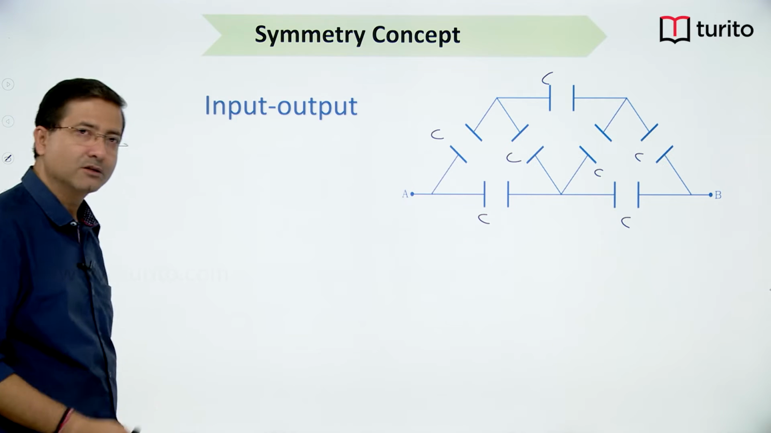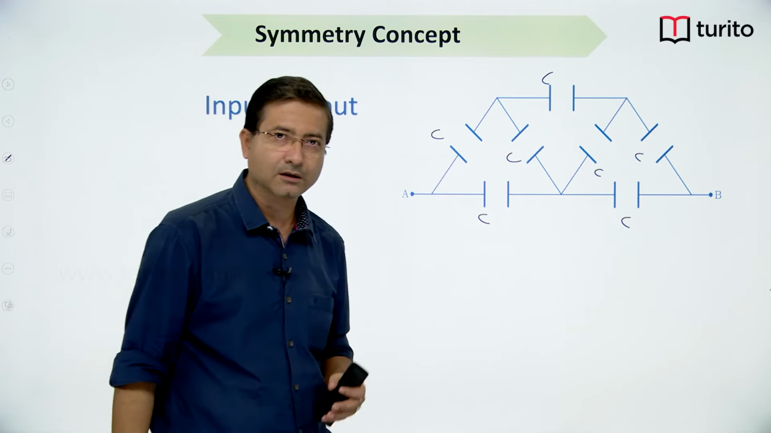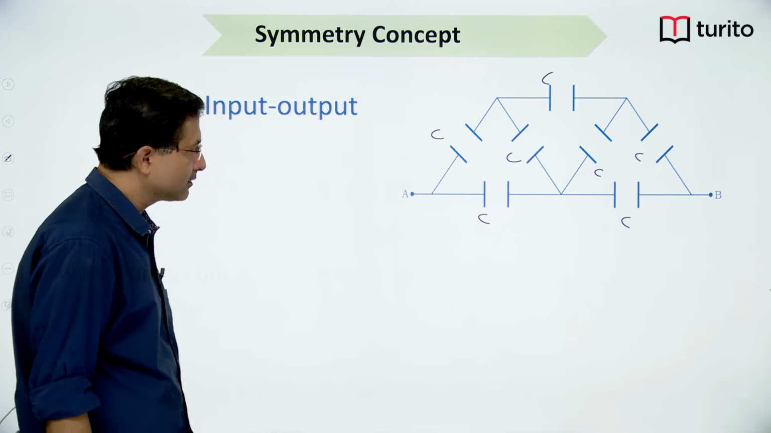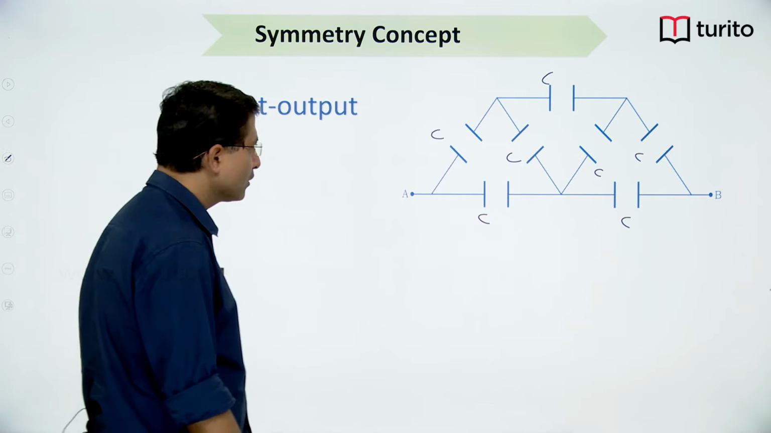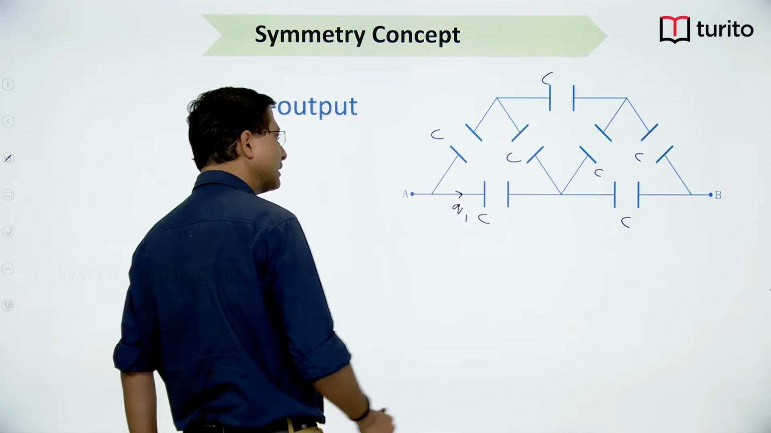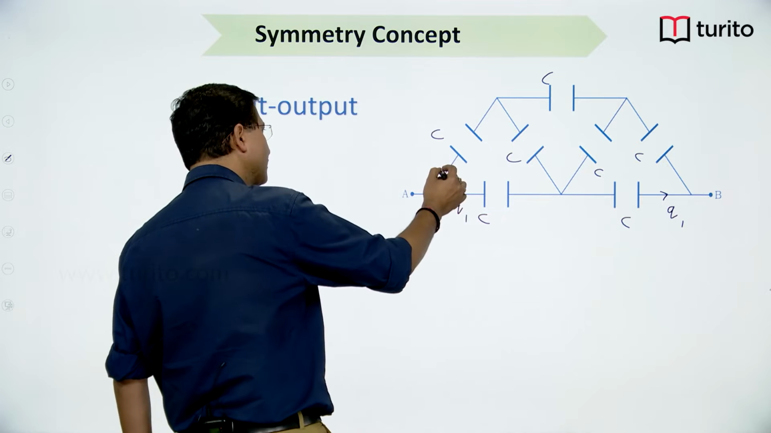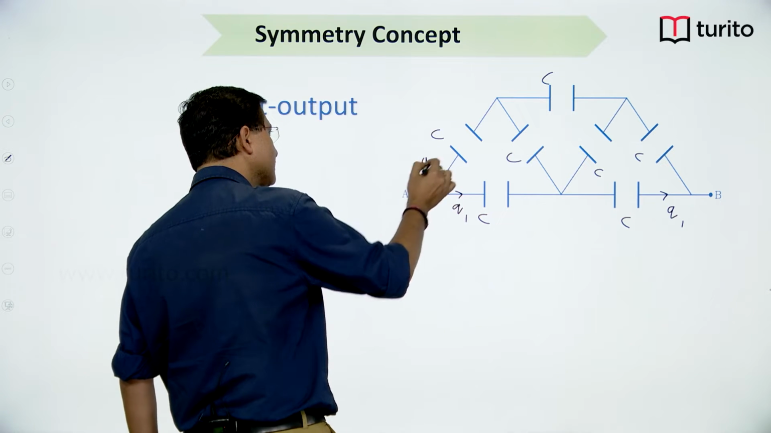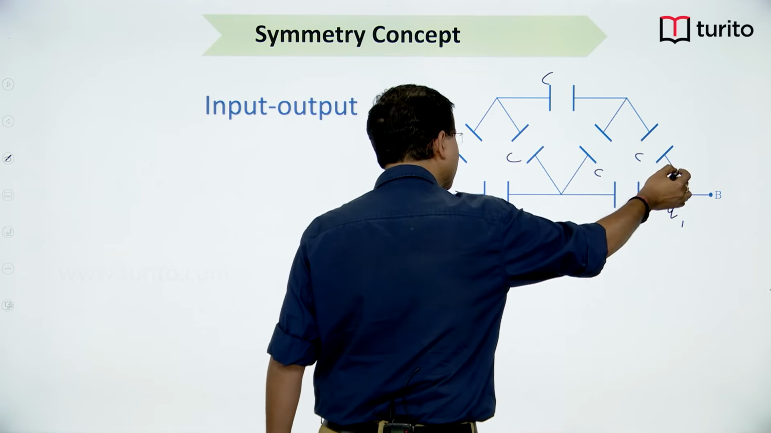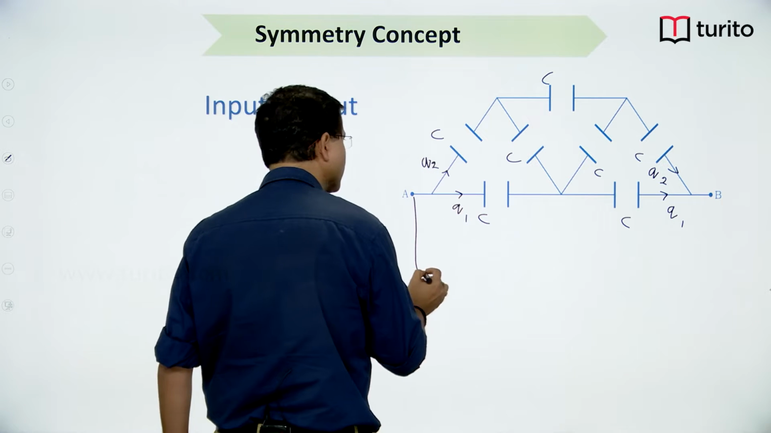So this type of symmetry is called input output symmetry, and in input output symmetry we talk about the charge division, how charge will get divided. So in this example I told you, whatever is delivered to this one, the same will be delivered back by this one, right, and whatever is delivered to this branch, the same will be delivered back by this branch, right, if it is connected to the source